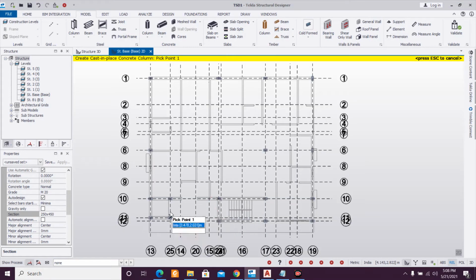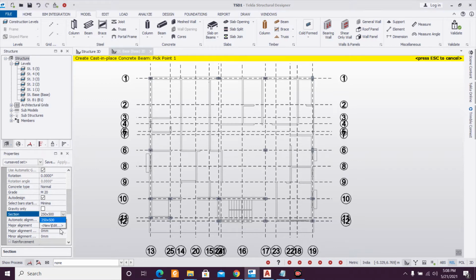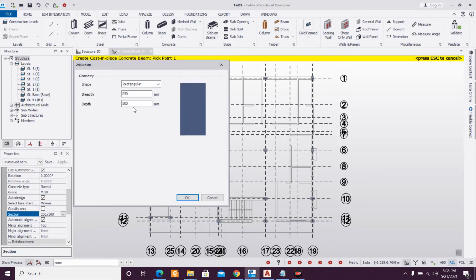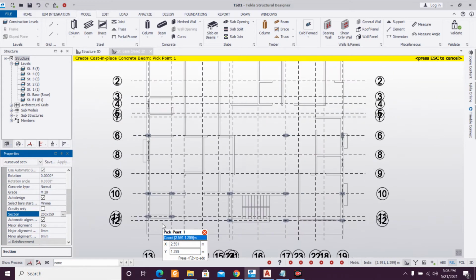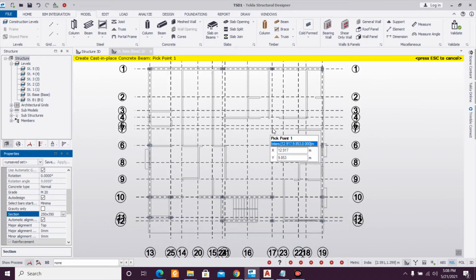Okay, so taking the beams, let's take a normal beam of 250 into let's say 350. This is the plinth beam I'm talking about, so I don't think large sizes will be required.